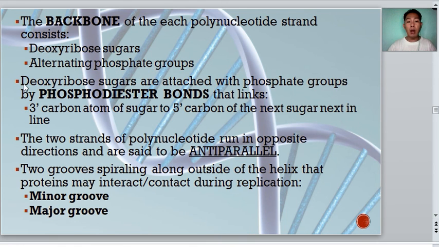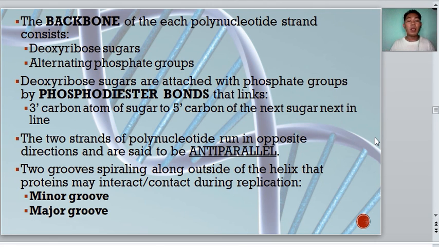When we say deoxyribose sugar, these are sugars that are attached with phosphate groups by phosphodiester bonds that link the 3' carbon atom of a sugar to the 5' carbon of the next sugar in line. The 2 strands of polynucleotide will run in opposite directions and are said to be